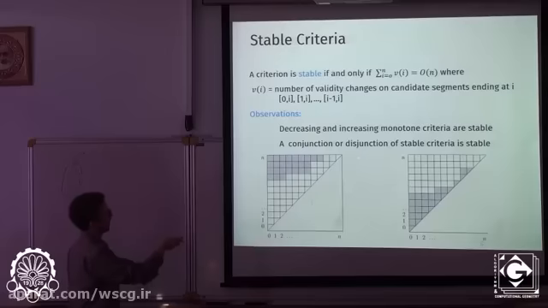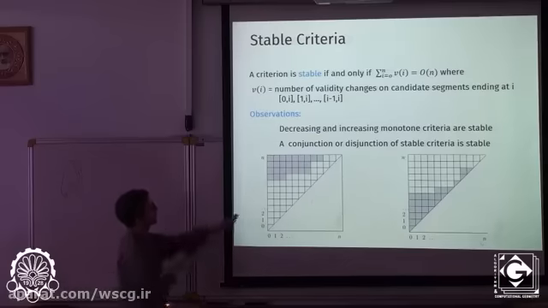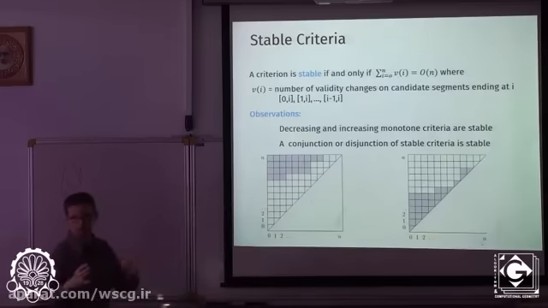Yeah, so here in this diagram, if we count this value, there's 1 change here, 1 change here, 1 here, 1 here, 0 changes here. So this sum would be 1, 2, 3, 4, and so that's in O of n in this case, you could say. And that type of criteria we call stable. So you could say on average it should have a constant number of